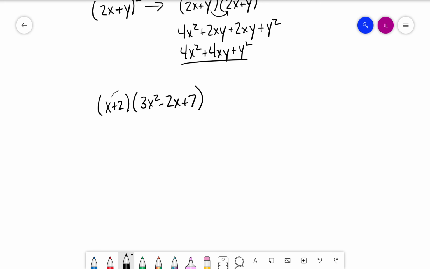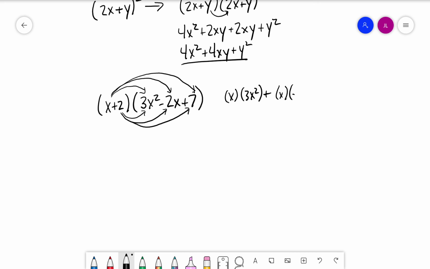And again, it's just each term multiplied by the other term in the polynomials. So the first thing we'll do x times 3x squared plus x times negative 2x plus x times 7